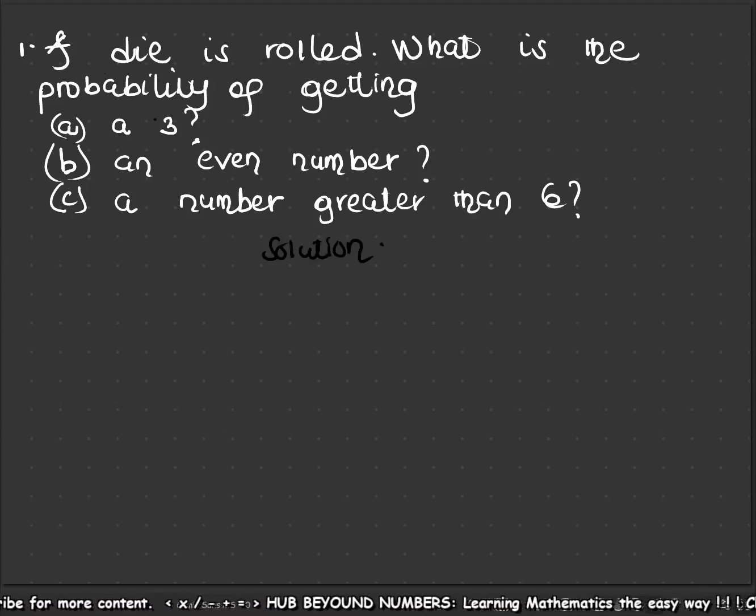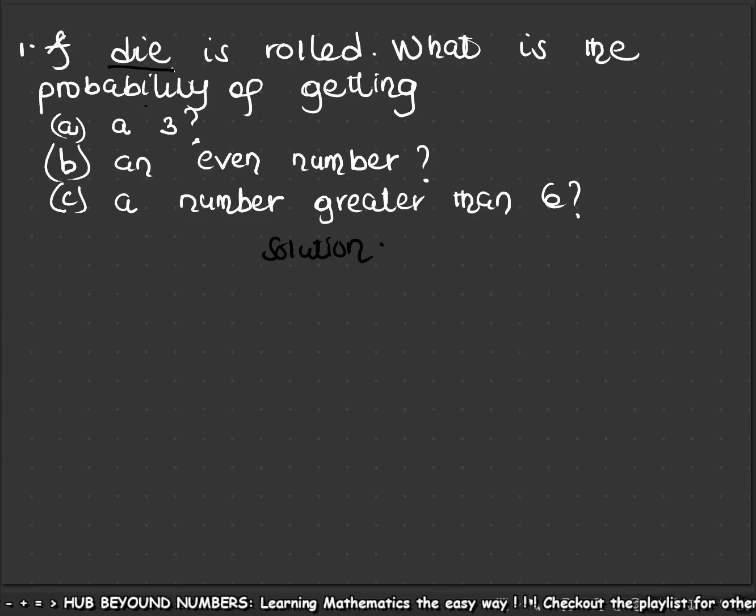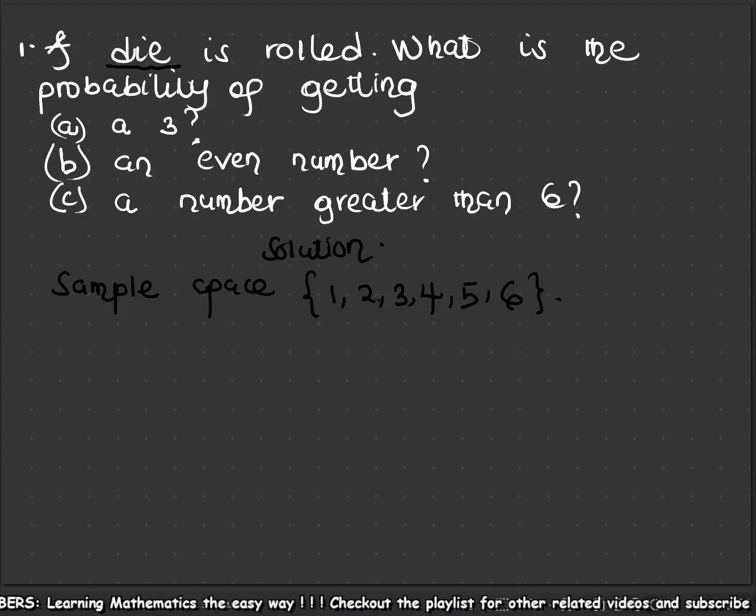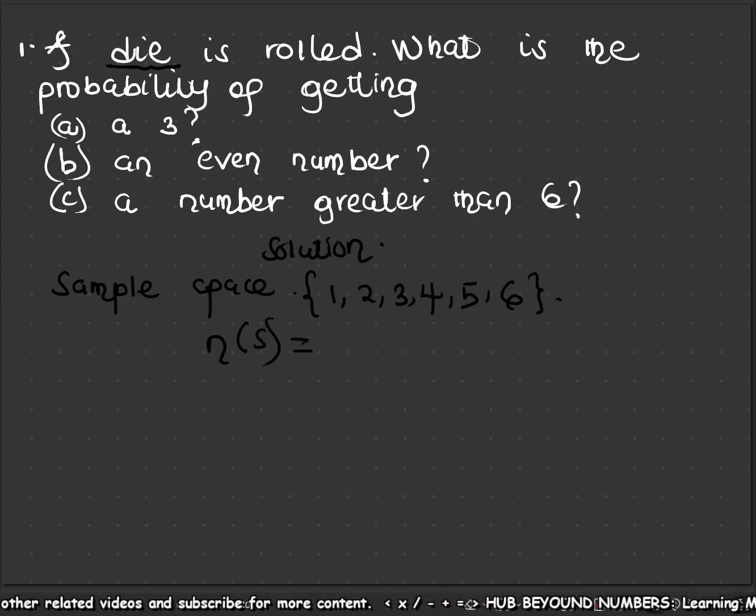Now, before we start, we are talking of a die here. We are talking of rolling a die. Hence, if it is a die we want to roll, then we need the sample space. You need to know what you are dealing with, right? So our sample space is 1, 2, 3, 4, 5, and then 6, because we are rolling a die. This simply means that the number of elements we have in our sample space, that is n of S, others call it the cardinality. So the cardinality is simply the number of elements in that set. The cardinality of this set here is 6. There are 6 elements in it.